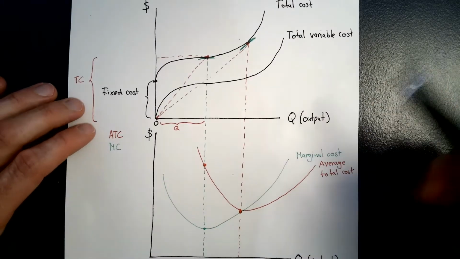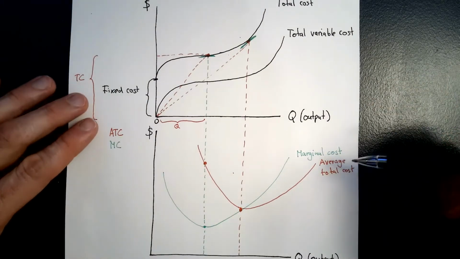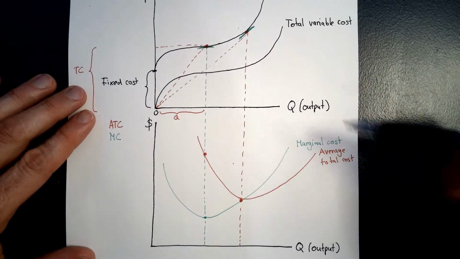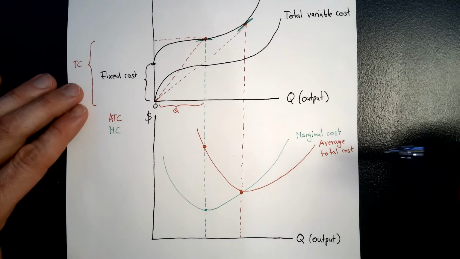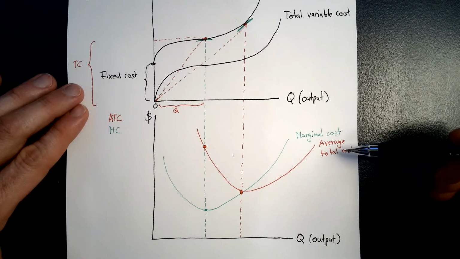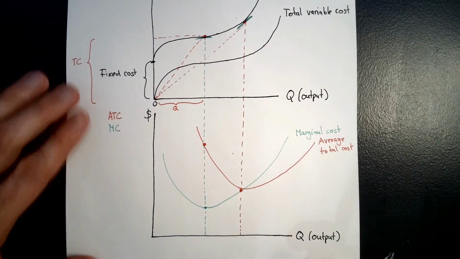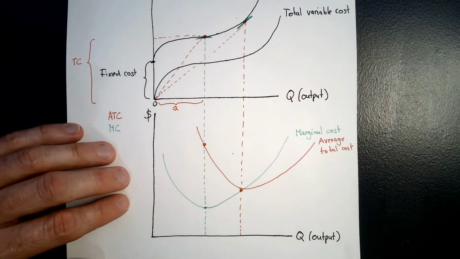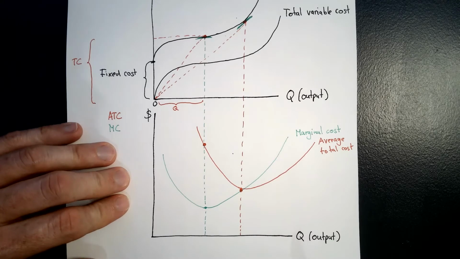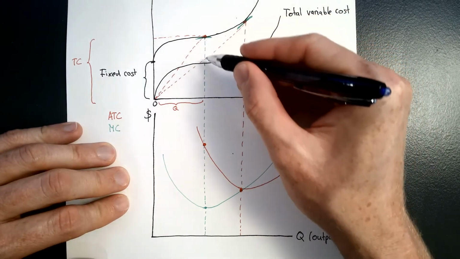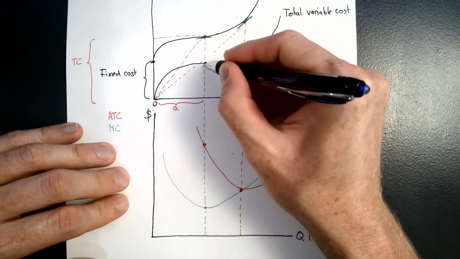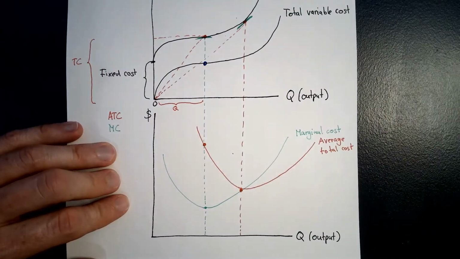So it doesn't matter for the marginal cost, but it actually matters for the average total cost or the average variable cost. So the average total cost and the average variable cost are not going to be identical. But what you can see, and I'm just going to sketch this here because otherwise the picture is going to get very messy, is this: if you are taking this point here and you want to calculate the average variable cost,